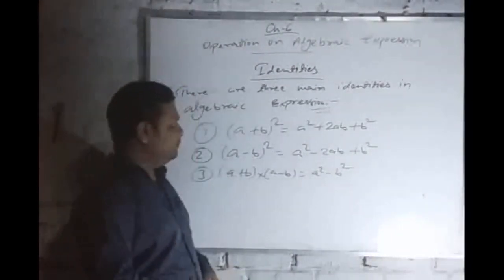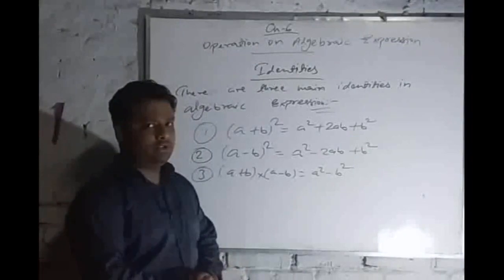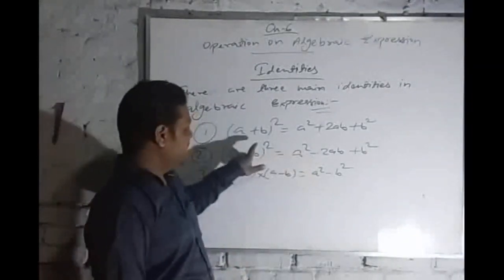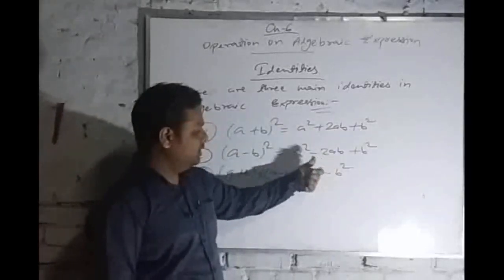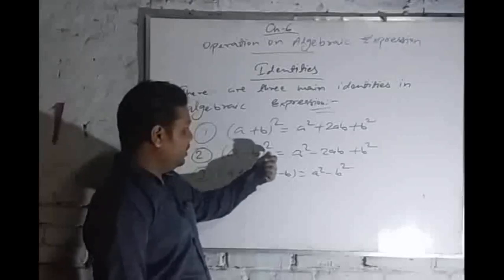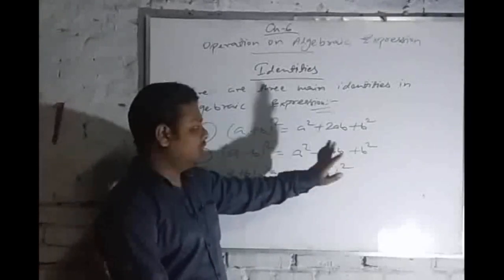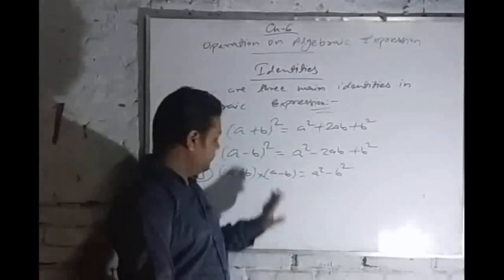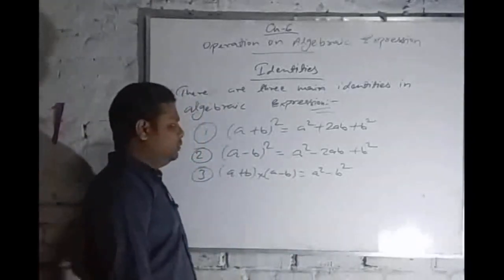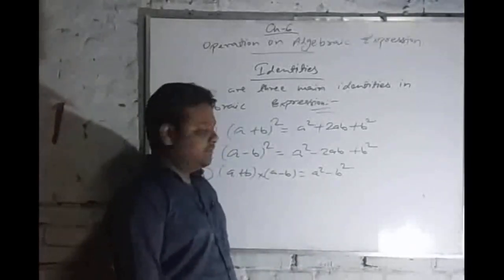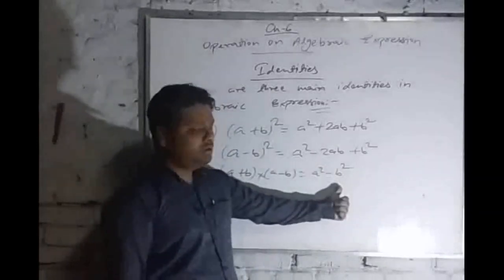Okay. Here these two identities are the same but a little different. What is the little difference? Here the sign is minus. Here you can see plus sign, here minus sign. If there is a minus sign and a whole square, then we will write the minus sign only on 2ab, not on any other term. And (a plus b) into (a minus b) is equal to a square minus b square. We can also use the reverse identities. If the question is in this form, then we will use this formula.